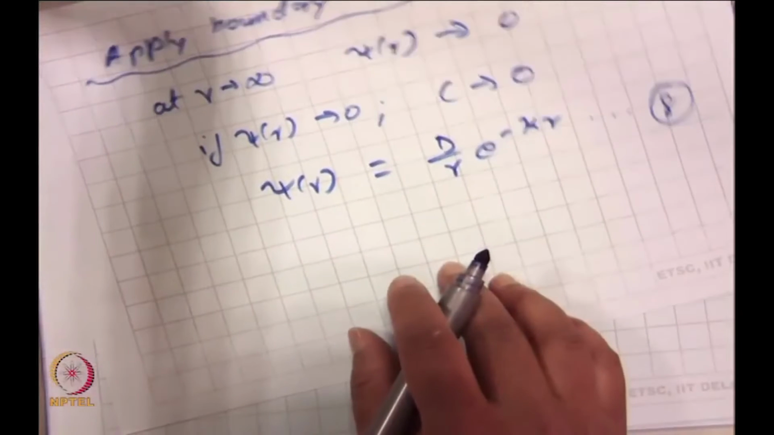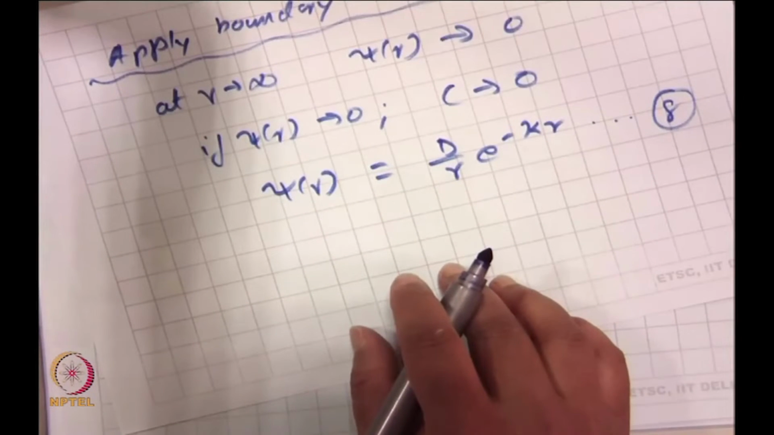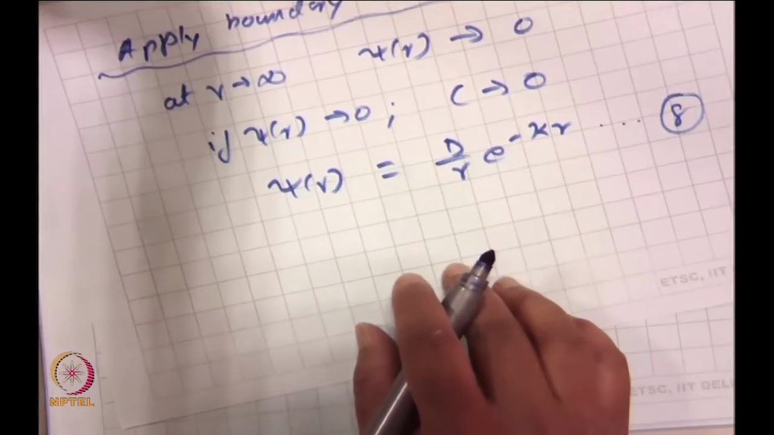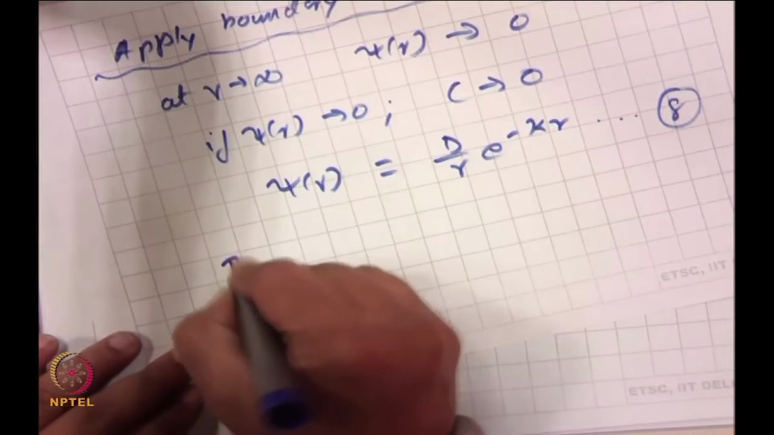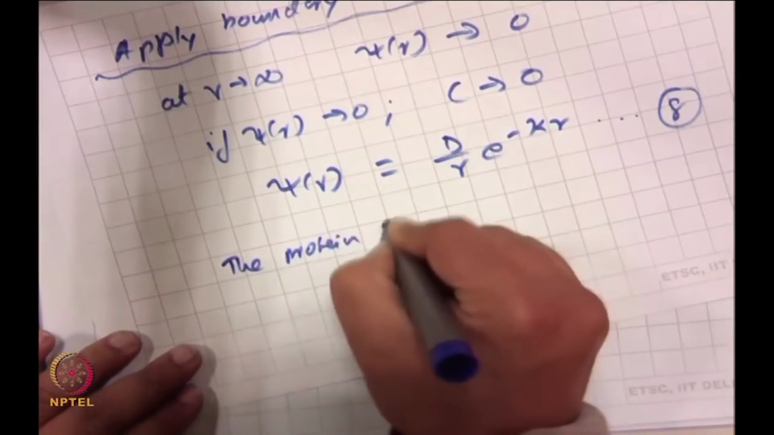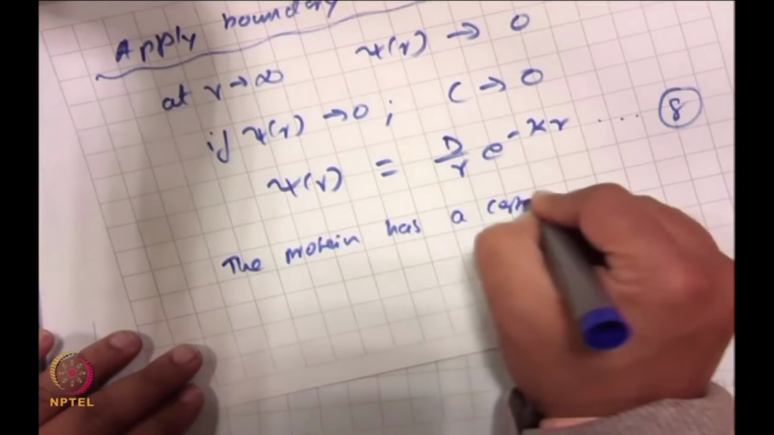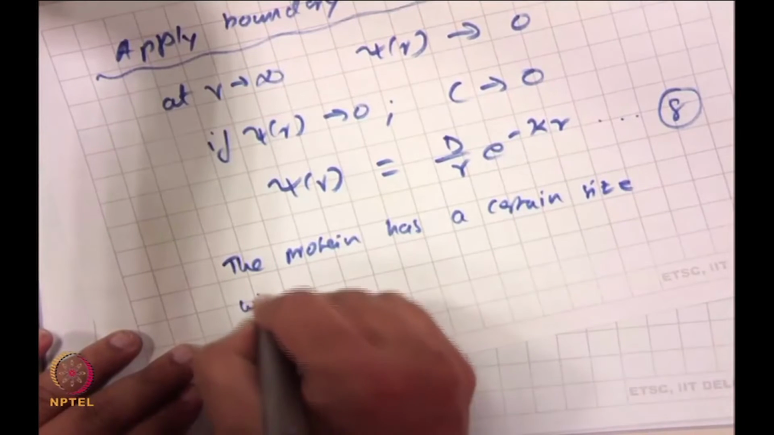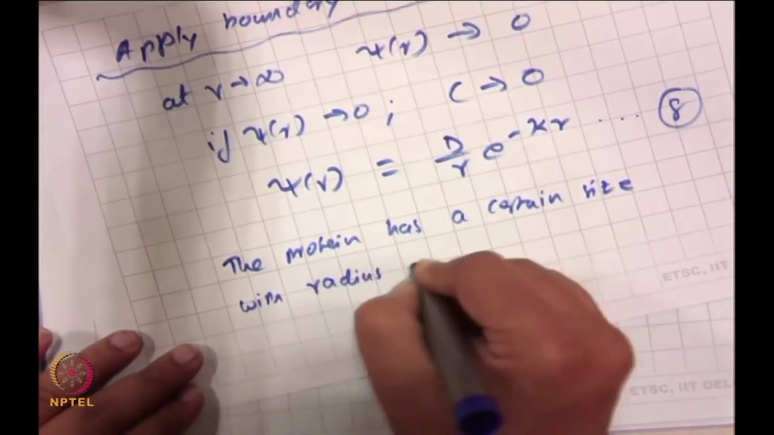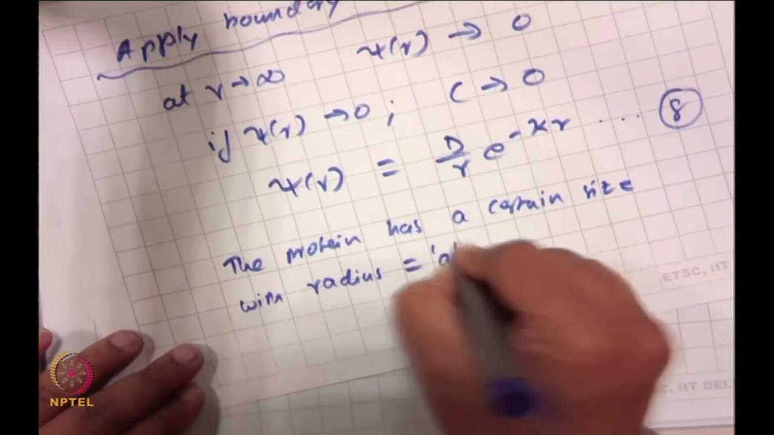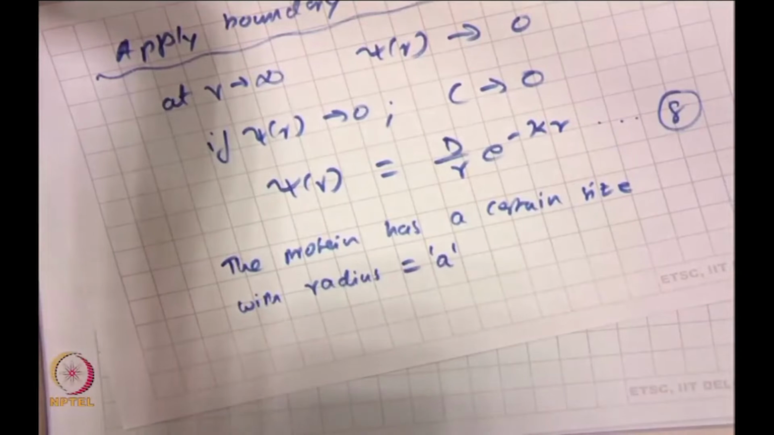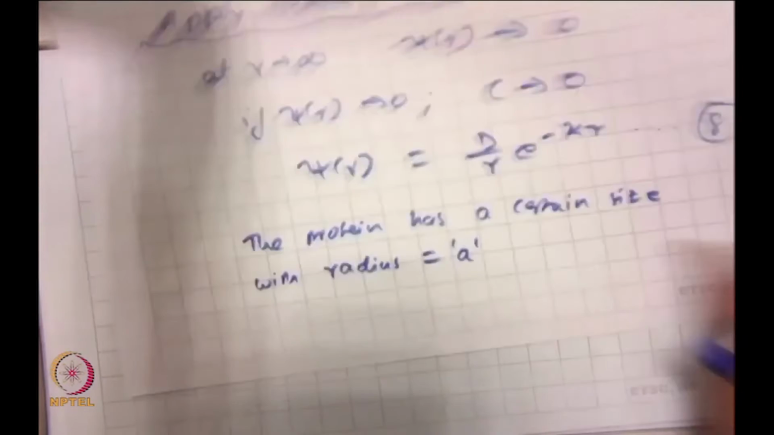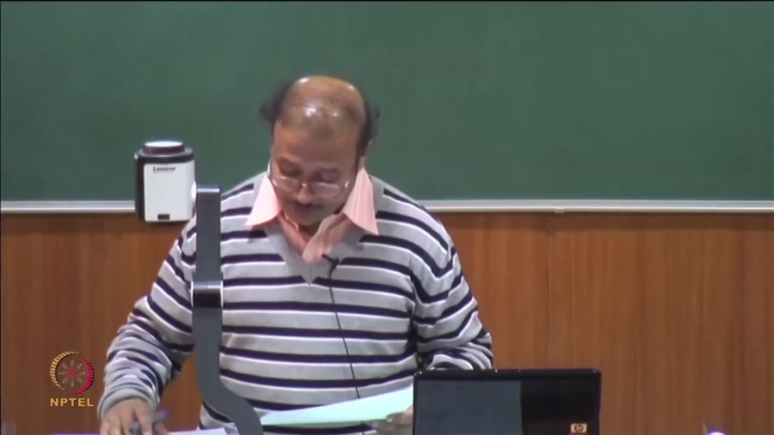Now what is the other boundary condition? The other one was r tends to 0, but here what we will do is, we will not consider the protein as a point charge. We will say that the protein has a certain size with the radius being equal to, say, a. That is what we will treat it as. So if the radius is equal to a, then I can write